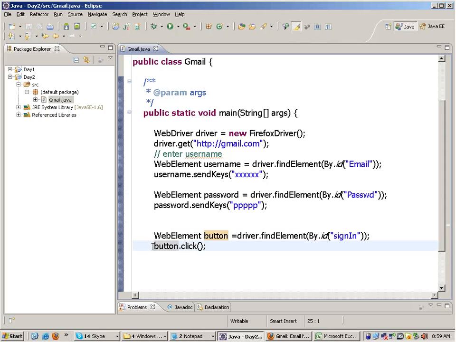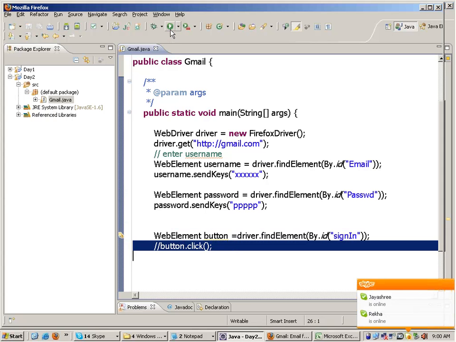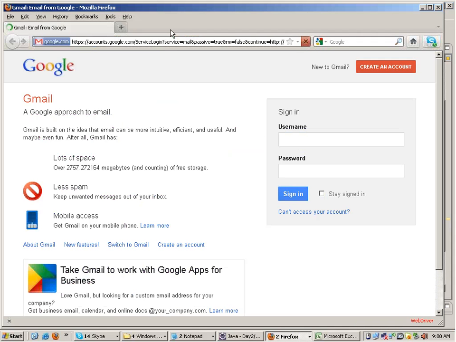I will not click on it when I run this code, otherwise they think that Gmail will block my IP. They block your IP sometimes if they find the automation tools. Okay, so when you run this, it will simply go to Gmail and it will enter the email and the password. Just hold on. You see that? Right? Now, once that's entered,